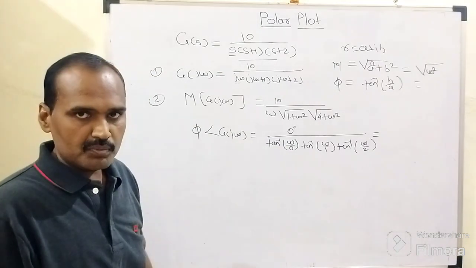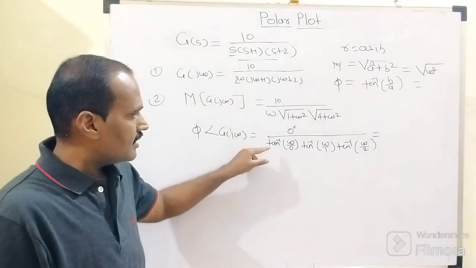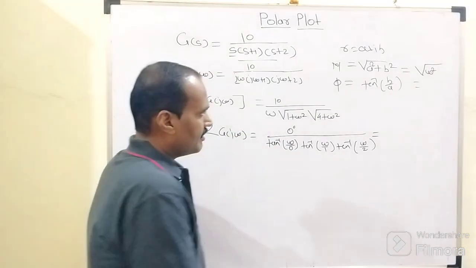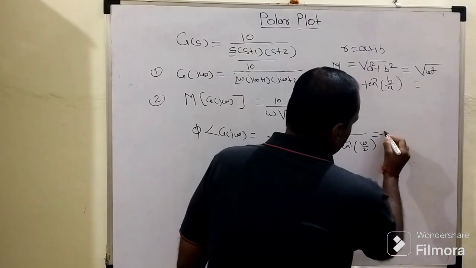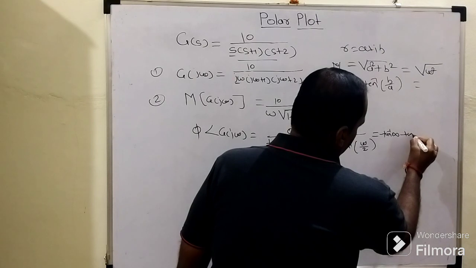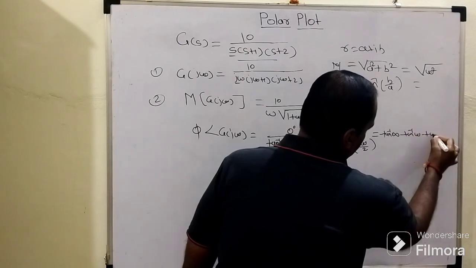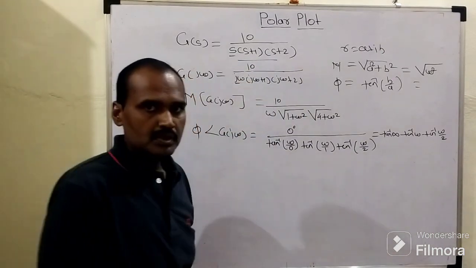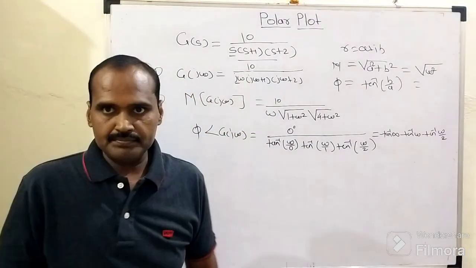See here, tan inverse of omega by 0 means infinity. So when this tan inverse of infinity is shifted to the numerator side, it will become minus tan inverse of infinity, minus tan inverse of omega, minus tan inverse of omega by 2. So basically